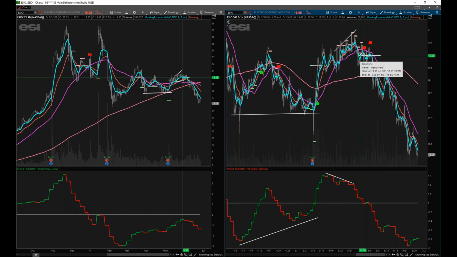And then what you want to do is look at a higher context. Look what happened here. So from day one, we probably knew that this wasn't going to work out, because look at the daily chart. The daily was over the daily 50, and the Moxie indicator never made it to 0. So just like I was showing on Fossil and LL&W and all these other ones, Carvana's in the same situation. Price is over the 50, but the indicator is below 0, and what did the indicator do? Pulled it back over. So the indicator not only tells you when a good move is and gets you in, it tells you when to get out and when a move is just failing and not doing too well.